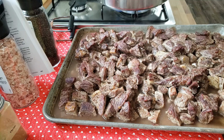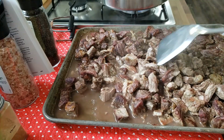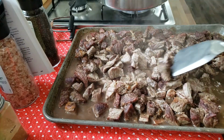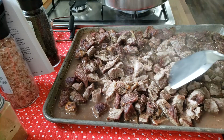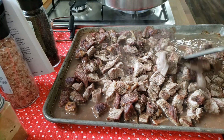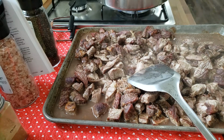This is the first pan of meat. Okay, so it's cooked. It's not dead. I don't need dead meat, you know what I mean. I don't like it shoe leather. Phil likes it like shoe leather. I don't. But this is going to be basically boiled anyway, so this was just to brown it up to get that nice extra flavor. Searing it